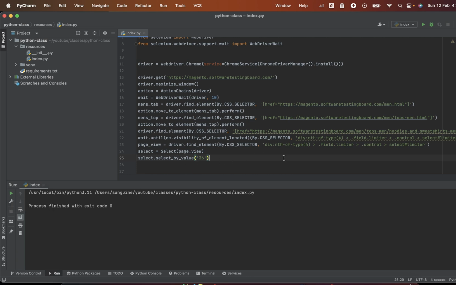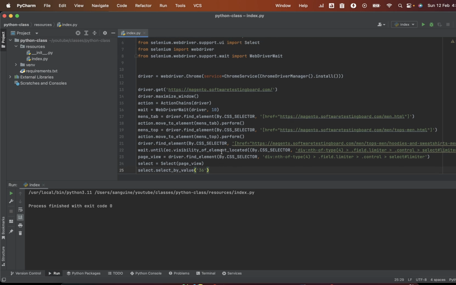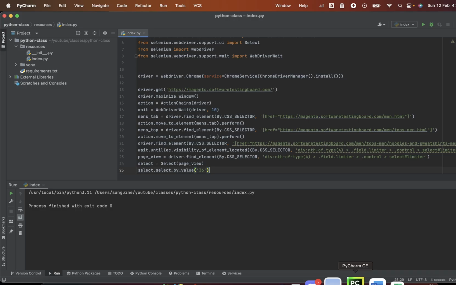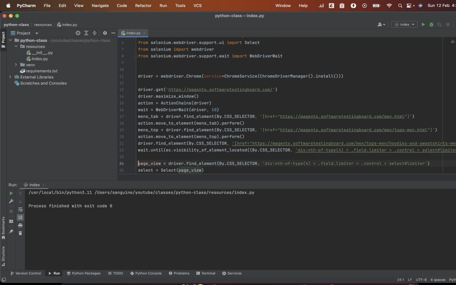But for bonus, if we've not spent too much time, we can decide to first scroll down the page to see what is actually going on. As you can see, the element is actually at the bottom of the page. So we can scroll down or scroll the element into view. Let's just try one of it. Before we get to the select part, we could come here and probably just scroll down. So we say driver dot, we use a JavaScript executor called execute script, and in that we can say window dot scroll to,